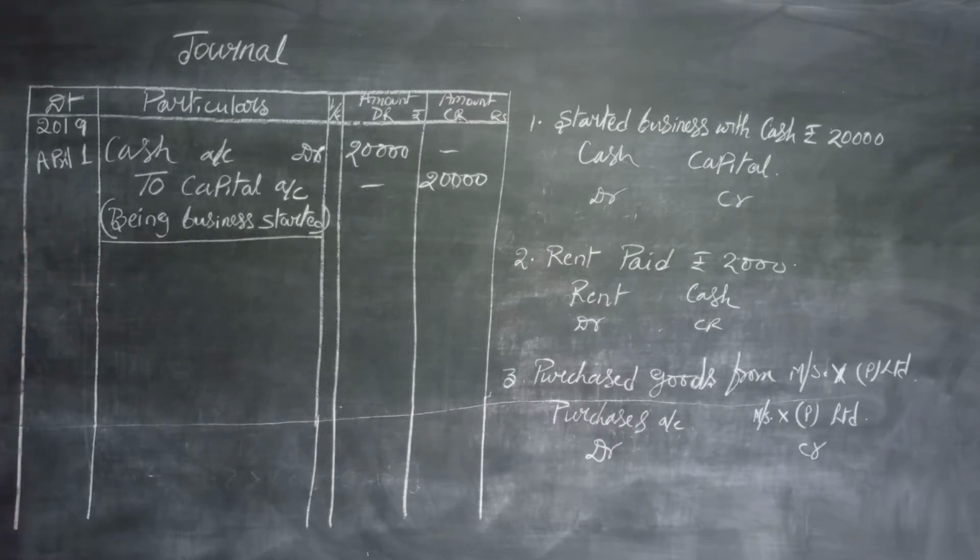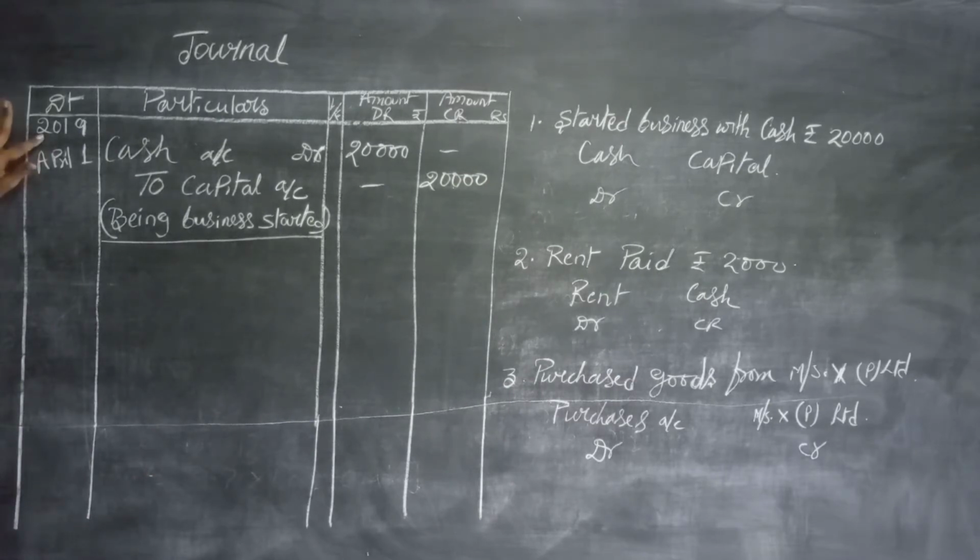Here, first of all identify which accounts are involved in this transaction. Cash account is involved and capital account is involved. We have seen that analysis of the transaction. Cash account is an asset, and the asset is being increased, and increase of asset is debit. Another account involved is capital account. Capital account is a liability, and it is being increased by this transaction, and increase of liability is credit. Now let us see how to write it.